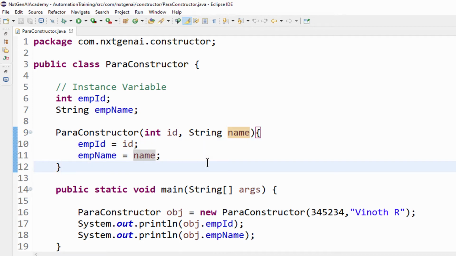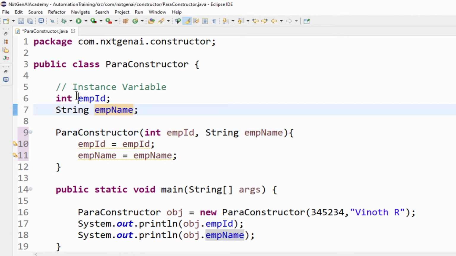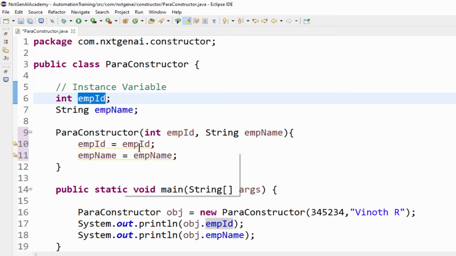Here, both the variable names are different, so we need not worry about it. What if the names are the same? Maybe like this. Now, if both the variable names are the same, that is, the instance and local variables are the same, then comes the problem. So to differentiate these two same names, we use the concept of this keyword.